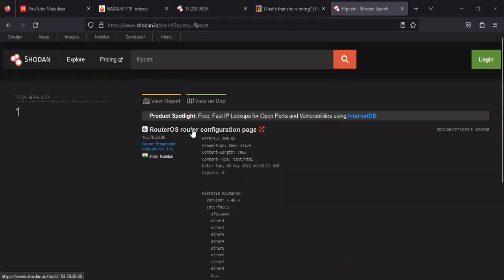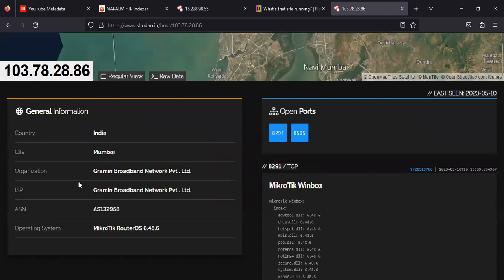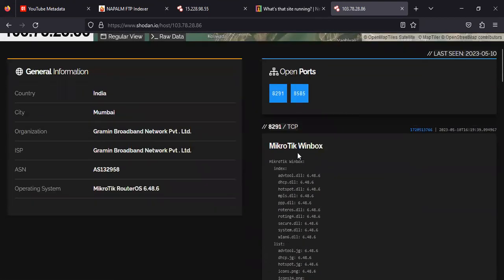These are the more information. India, Mumbai, open. One result. The organization is Broadband Network Private Limited. They don't have many vulnerabilities, but for port information, they have 2 ports,